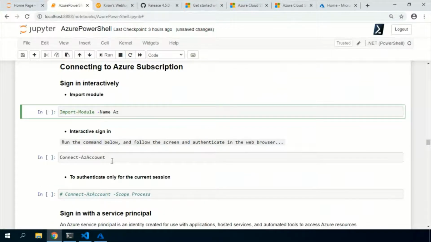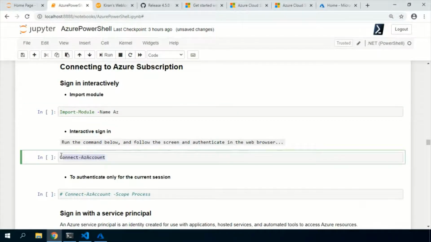You need to connect to the Azure subscription using Connect-AzAccount. Earlier, and I think even now, if you are using Windows PowerShell 5.1, it will ask you to enter the credentials.